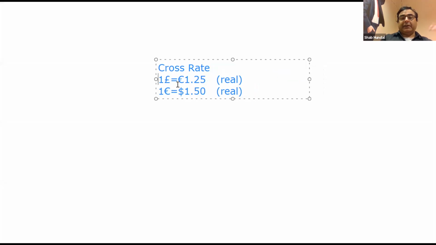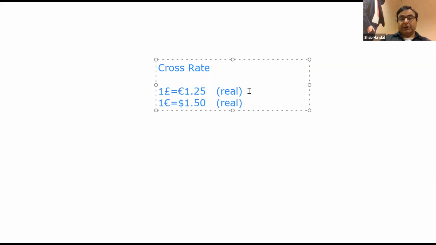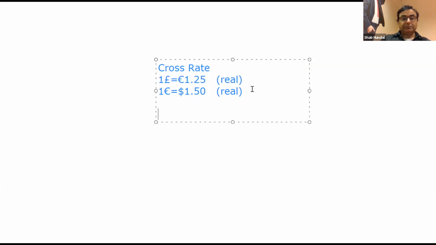Just in case I find that £1 is equal to 1.25 euros, and I wrote in the parentheses that this is the prevailing rate, not hypothetical, but let's assume that it's actually in the market. And then you also find one more rate, which is €1 is equal to 1.50 American dollars. Let's imagine that this is also what you see in Yahoo Finance or Bloomberg or any other web page. Then based on this, you can make a third rate, which would be, say, £1